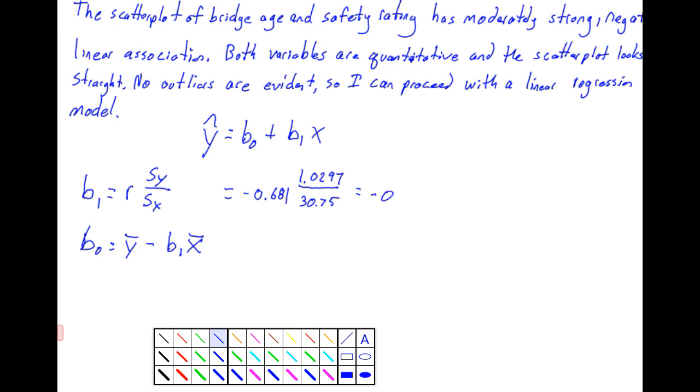It's okay to leave this number in the calculator, store it, and just use it again, and then only round at the very final product. But there's your slope, negative 0.0228, and we'll talk about in just a moment what that really means. Okay, so now to finish our regression model, we need the y-intercept. My y bar is